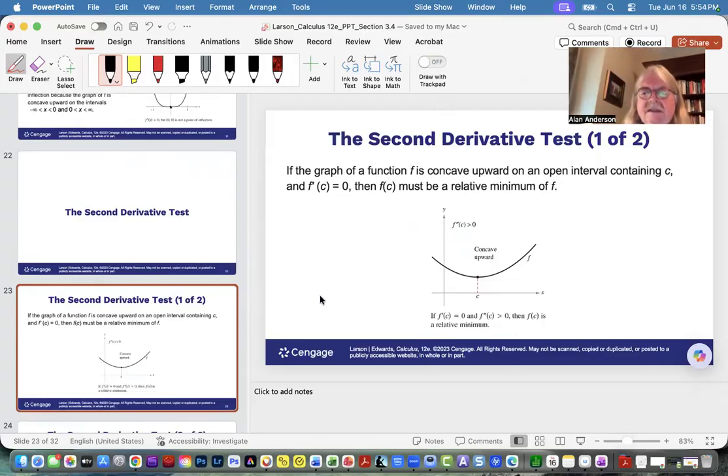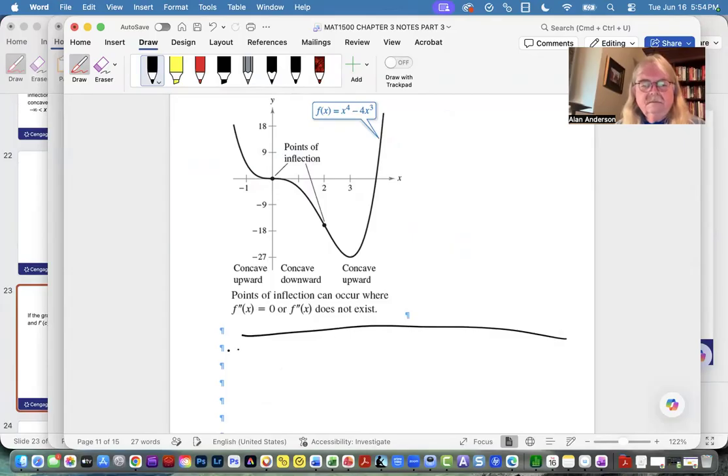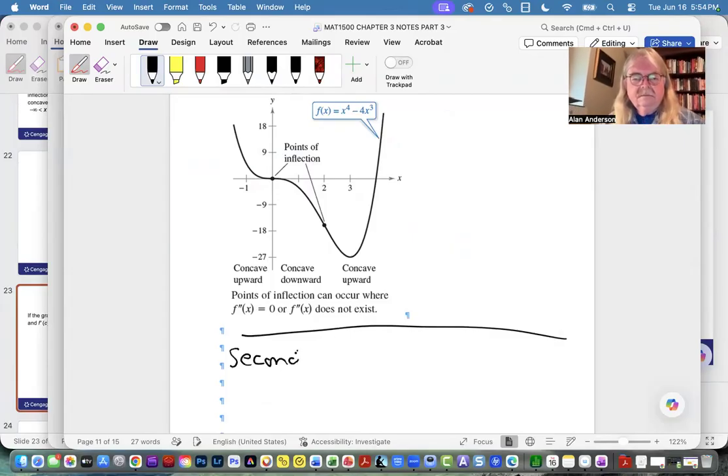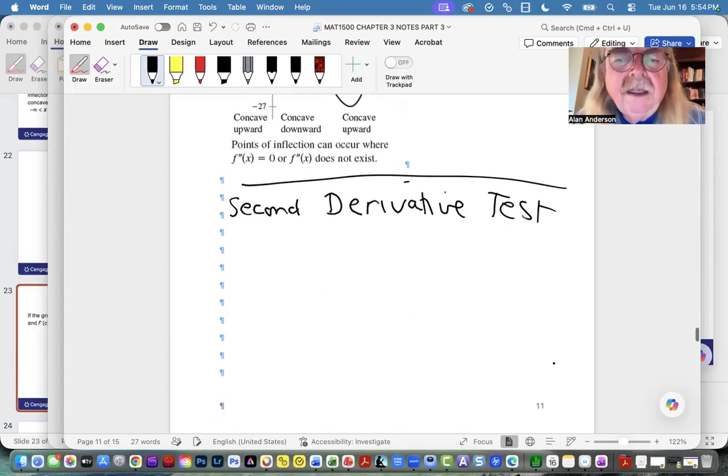So in other words, the combination of those two conditions is that